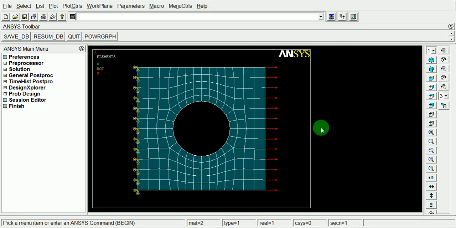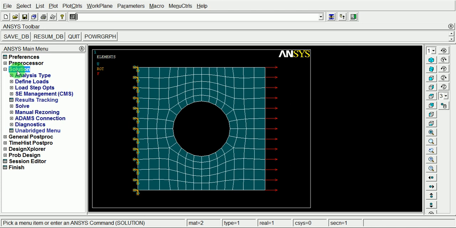In this video, I will be explaining how to obtain the solution for a given problem and how to post-process the results. Once the FE data file is saved, pick on Solution, Solve, Current Load Step.